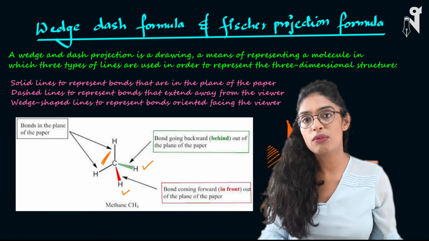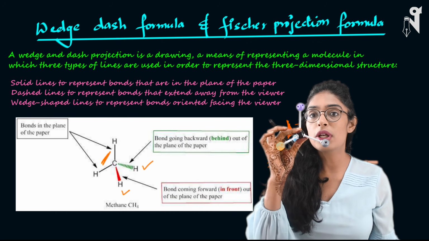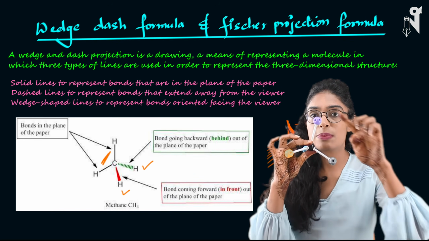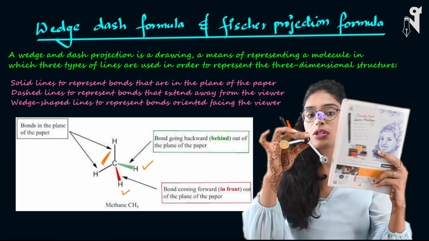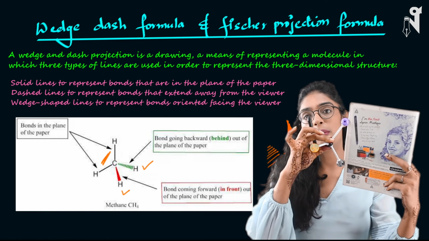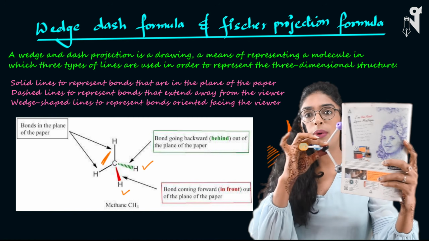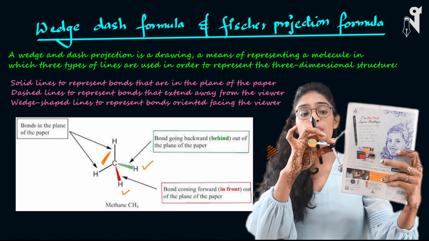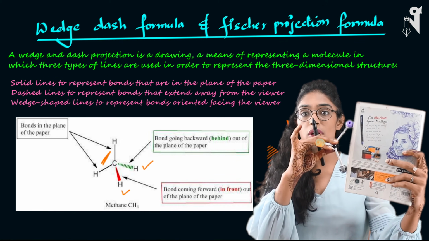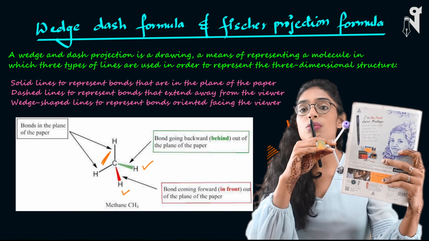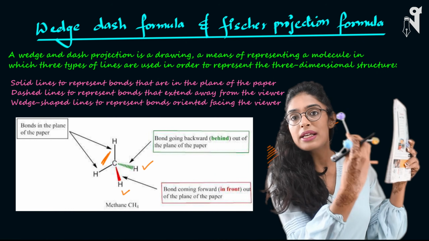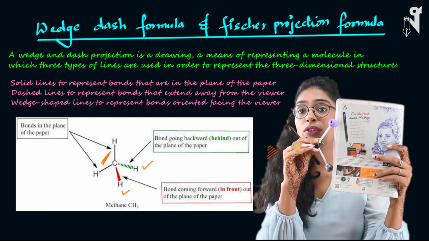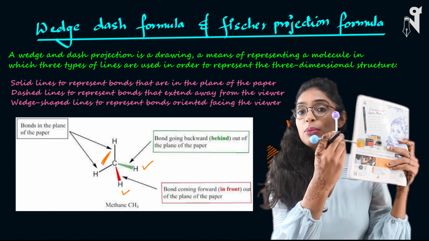So two bonds are in the plane of the paper. Now look at this molecule. I am keeping two bonds in the plane of the paper, this purple one and the gray one. So let's say this is the plane of the paper. Now if you are the viewer, you are able to see this yellow ball towards you, and at the back side there is a blue ball. Yellow is towards you, purple and gray are in the plane of the paper, and blue is away from you.